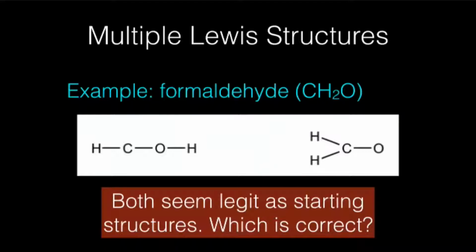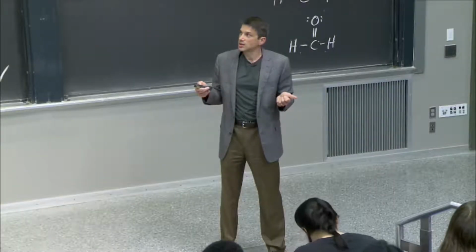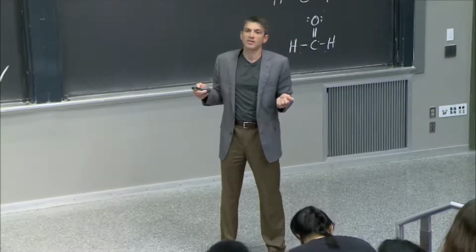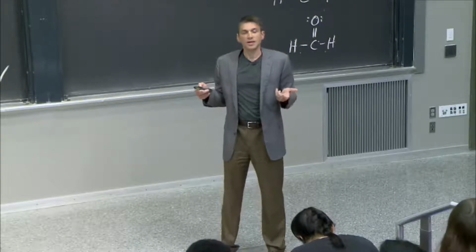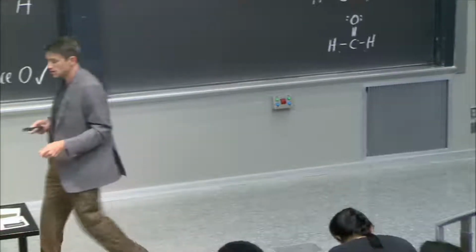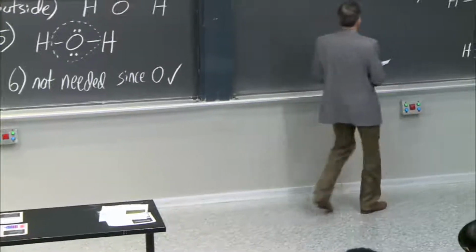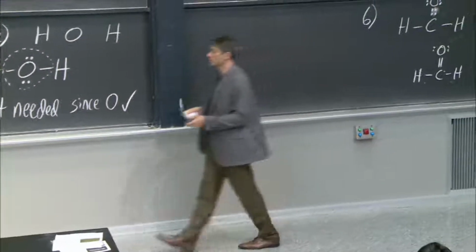See, because now I go to another molecule. In this case, it's formaldehyde, CH2O. But look, now neither of these is done. These are not done, but it's like my starting place. And it sort of looks, okay, carbon central here. It's kind of central-ish there. I mean, can't I start with either of these? And the answer is yes, you can. And you can actually draw correct Lewis structures. Let me use the board over here.